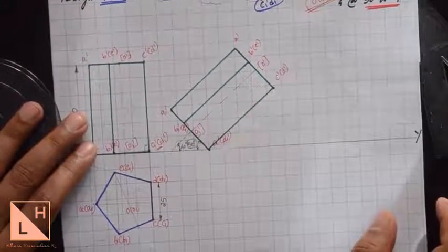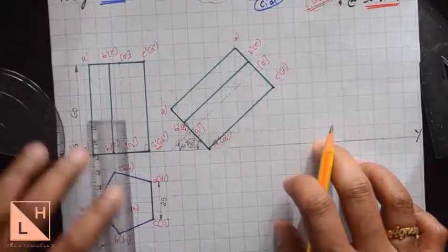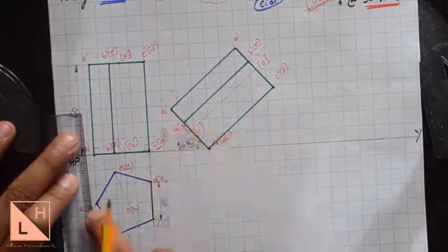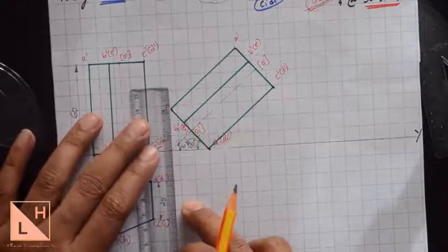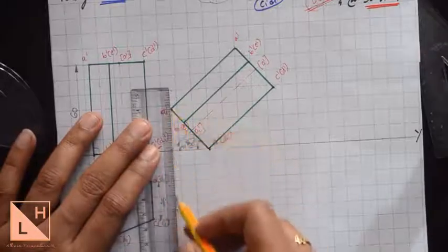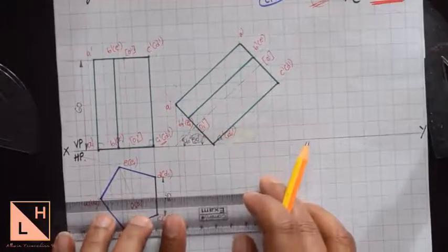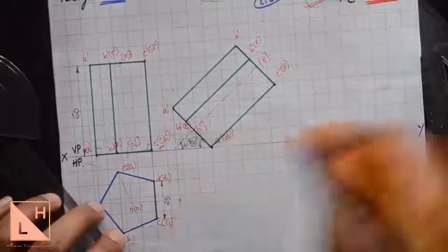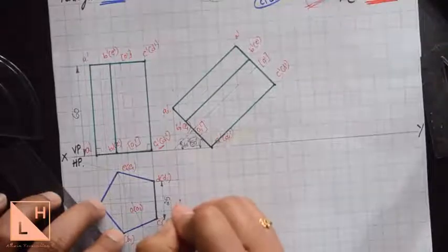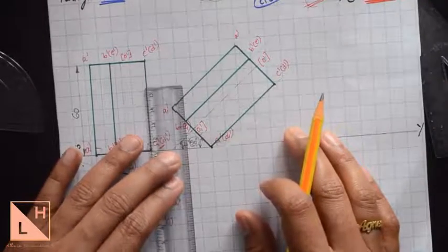From here, to generate the top view, you must draw projection lines from every point till it meets the same point in the top view in the first position. So if I draw a line from A1 dash, draw a line till it connects to point A1 in the top view. So this intersection will be the new point A1. Likewise, you repeat it for all the remaining points.